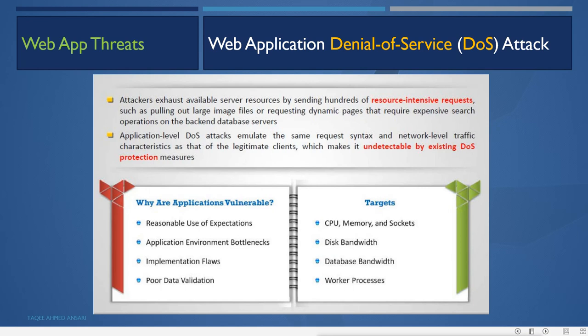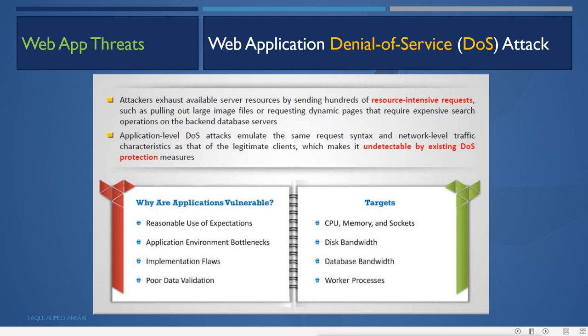It can also be where we have a big backend, but the data is going only through a single or small route. The window of getting the data is very small. Implementation flaws can be there. The application is not properly implemented, or there is poor data validation. Poor data validation can lead to lots of different attacks also.